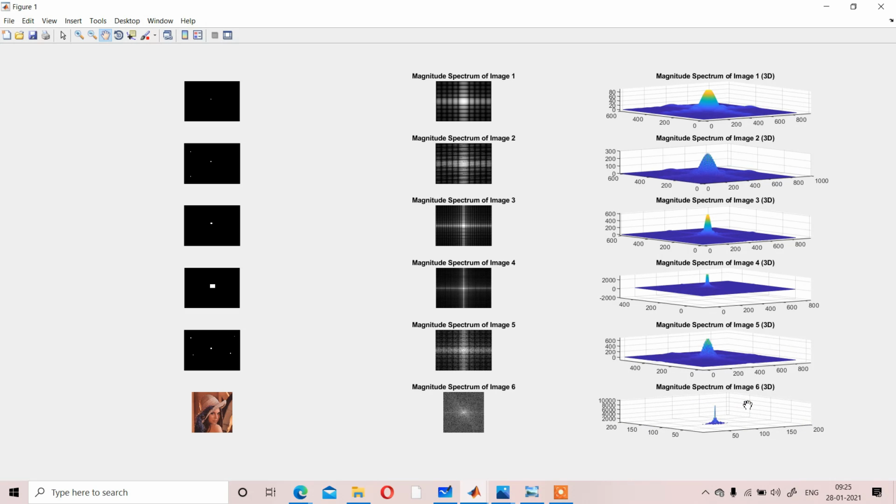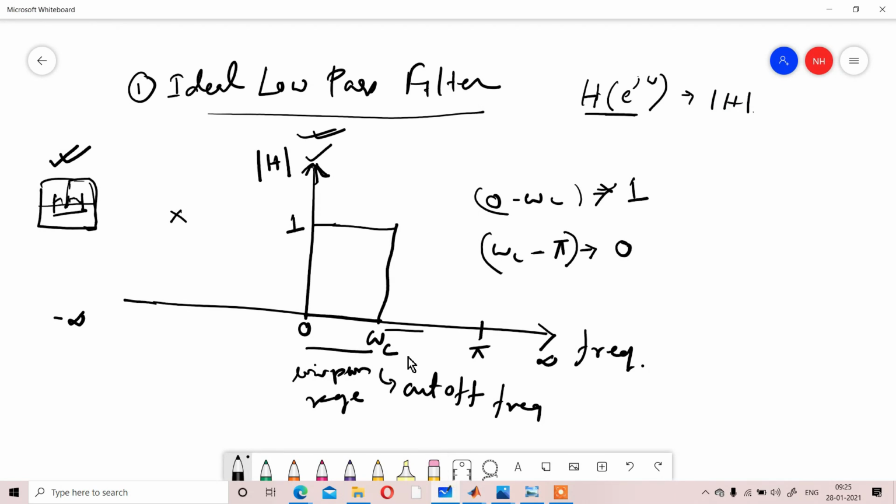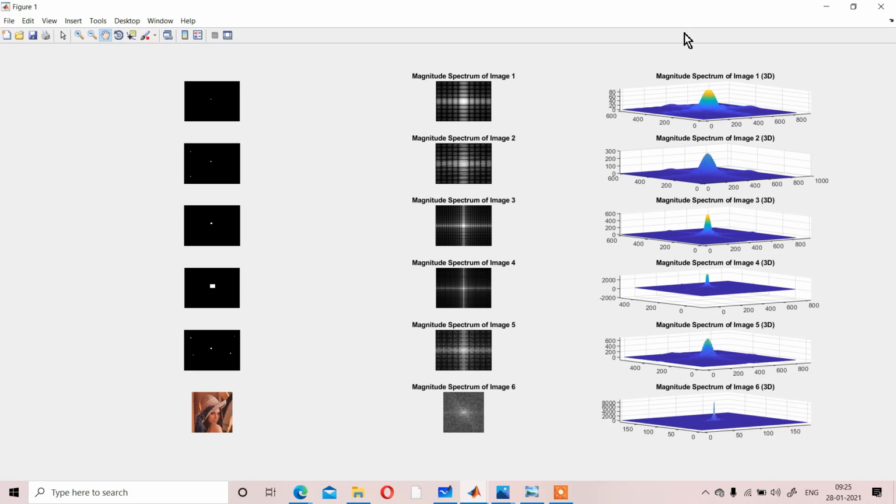So in that way you can consider the frequency spectrum for the low pass filter, and over that condition you will design your low pass filter. If we multiply that low pass filter with your DFT result, or with the magnitude part, you will get your filtered image.